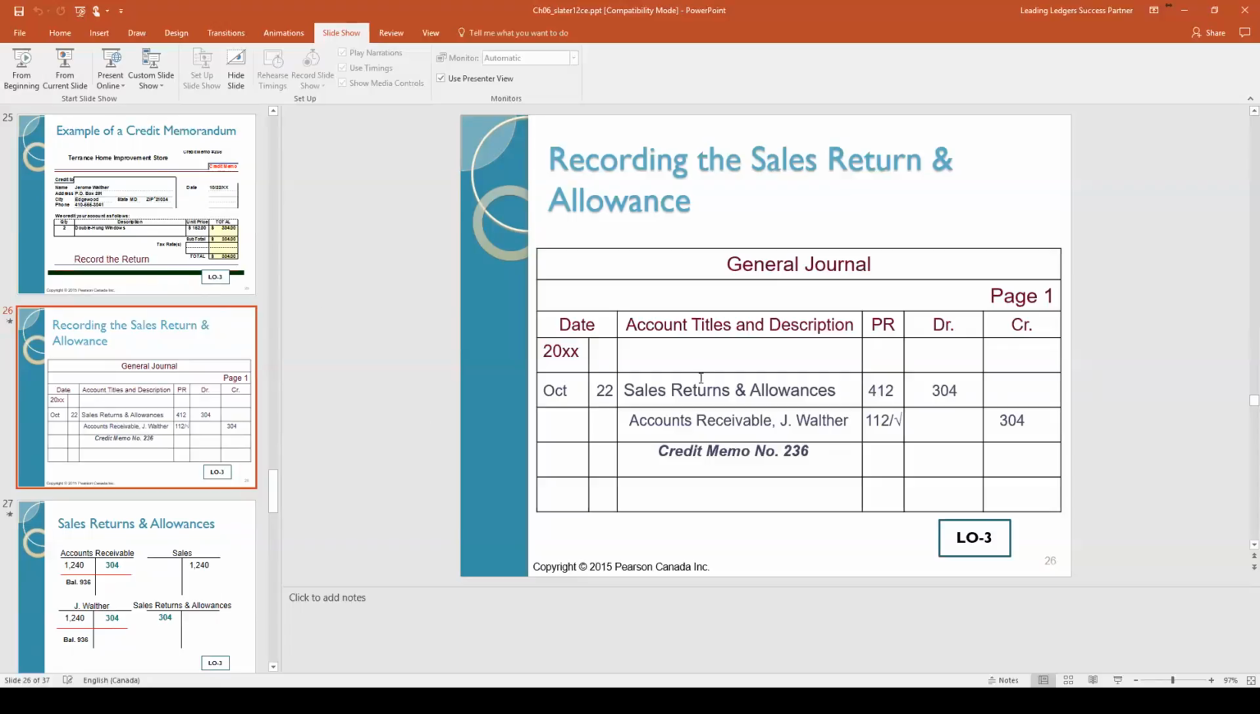If there's a sales return, I go into the general journal. I would write down sales return. I wouldn't post anything yet. I would just put in the numbers, 304. And under accounts receivable, I would also say 304. Now, at this point,